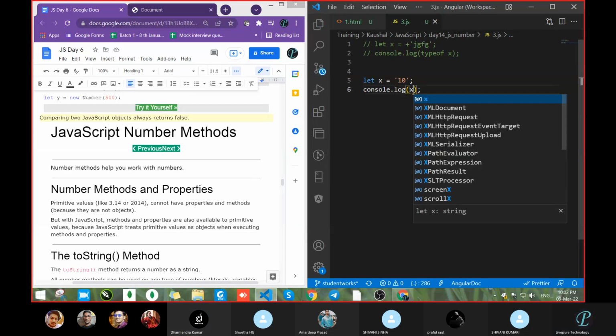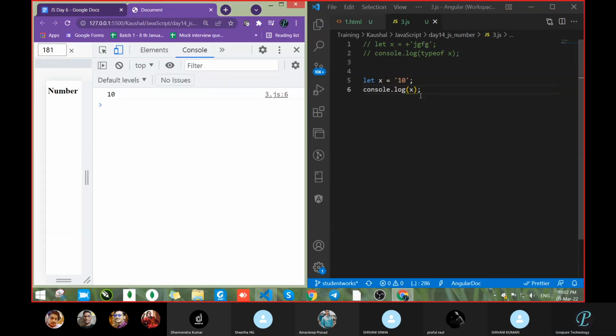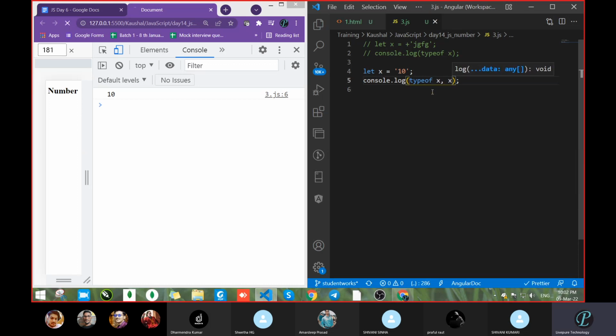Then typeof x. So this will be your string, correct.